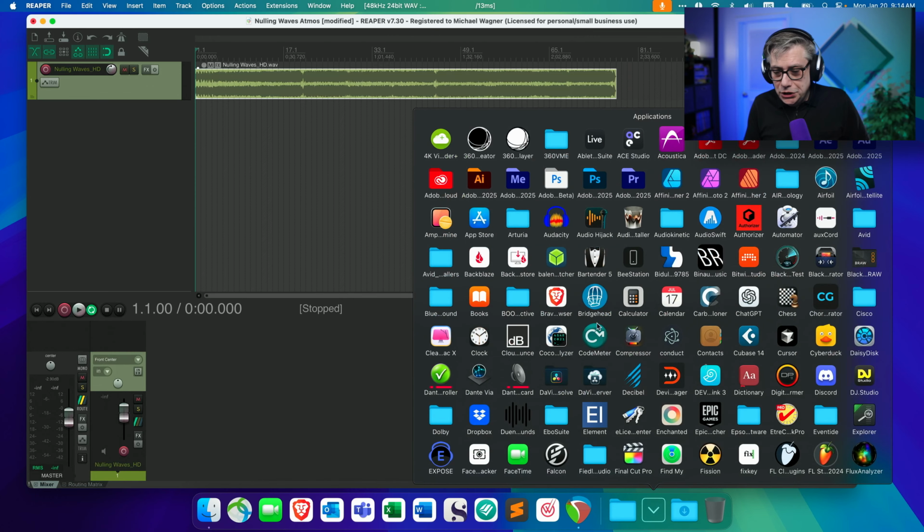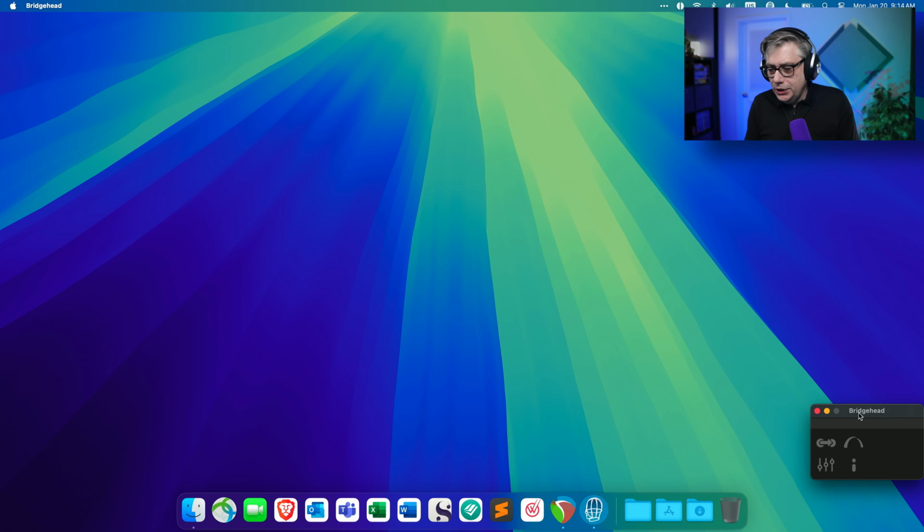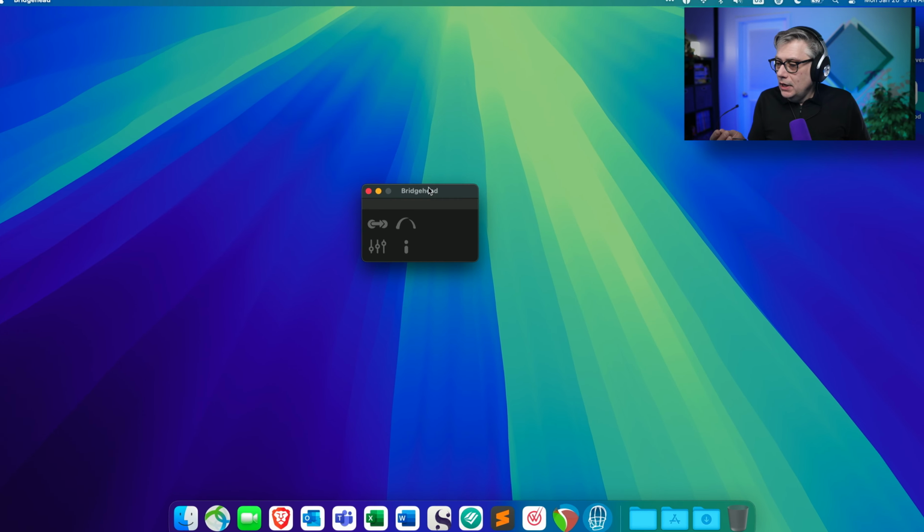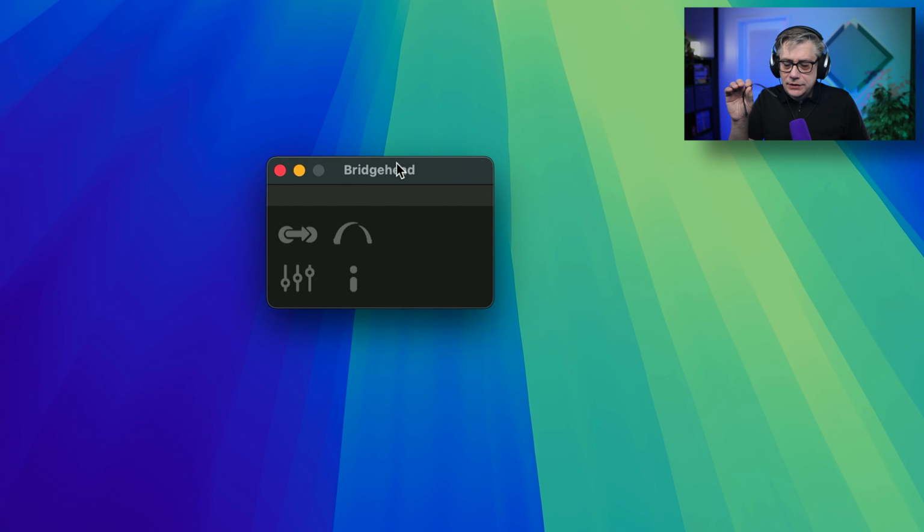And the first thing I'm going to do for that is I'm going to start up the Bridgehead application. The Bridgehead application is a little application that comes with the Subaware head tracker. And all it really does is it takes the head tracking information that comes from the head tracker and turns that into OSC messages, which can then be read by the digital audio workstation. And with that being set up, all I need to do is connect my head tracker to my headphones and then to the computer. And if you have watched my channel, you know that this is a little bit fiddly. So what I'm going to do now is I'm going to switch off my camera, connect everything, and then I'm going to come back once I have the head tracker on my headphones.